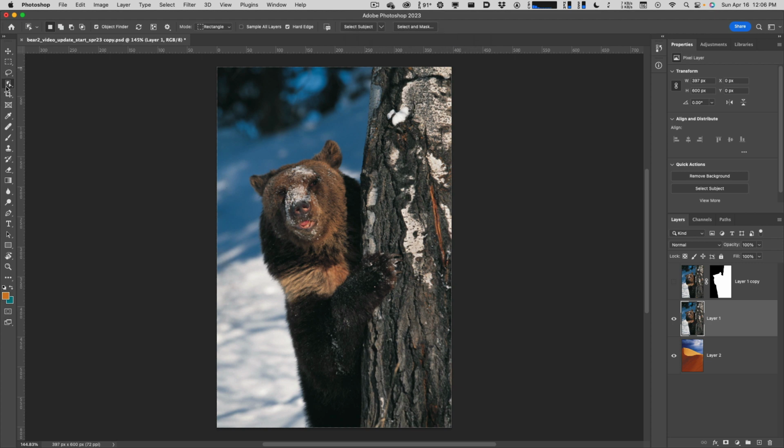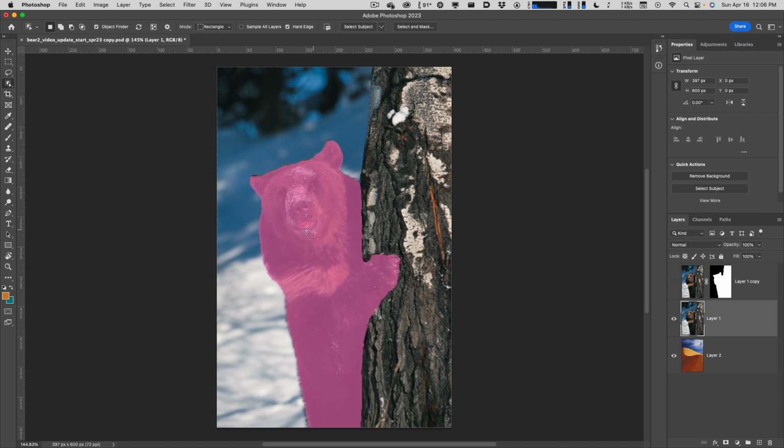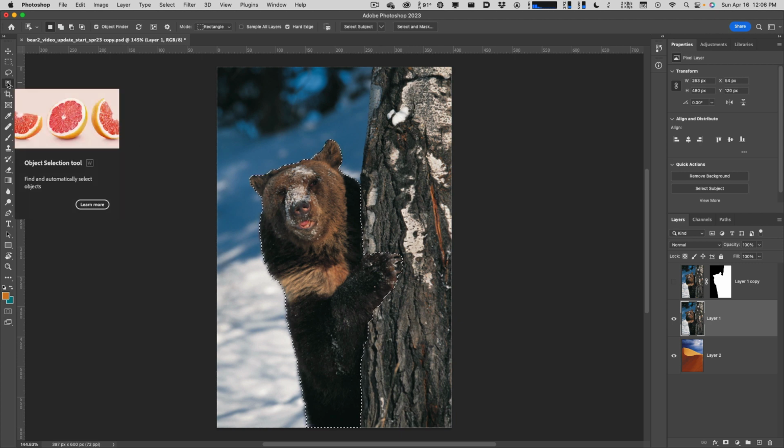So what I'm going to do is I've selected the object selection tool, and as soon as I roll over this guy here, he kind of gets highlighted, and if I click, it selects him. So it didn't select the tree because it's seeing that as a different object. So I'm going to add the tree on, and I can do this with the object selection tool, or I